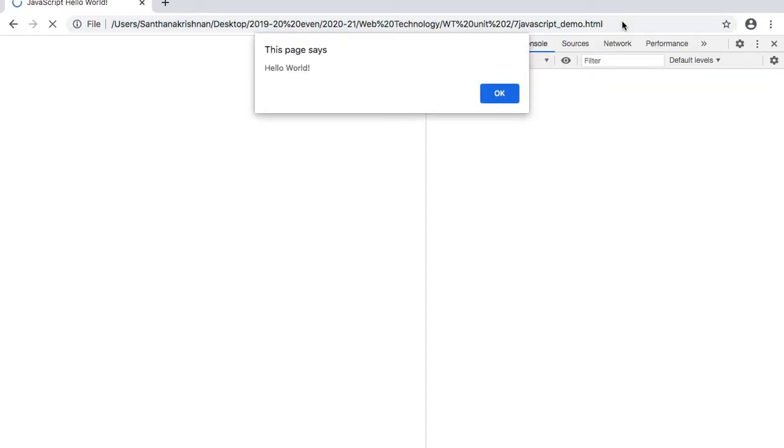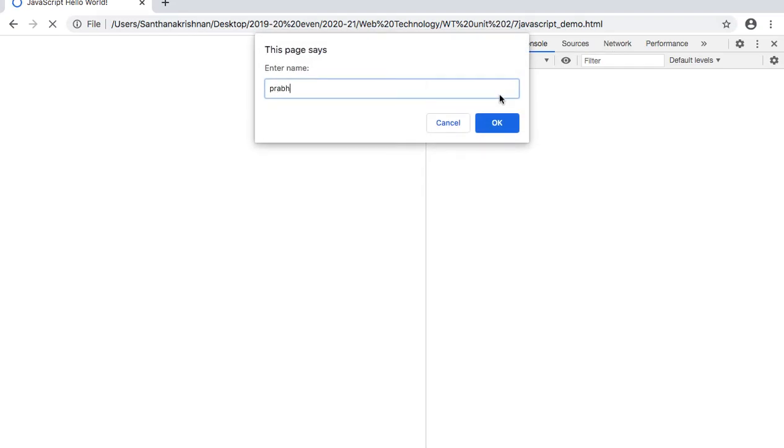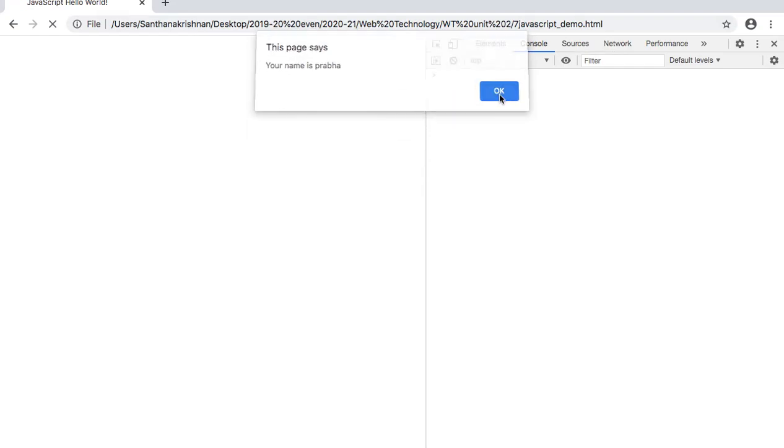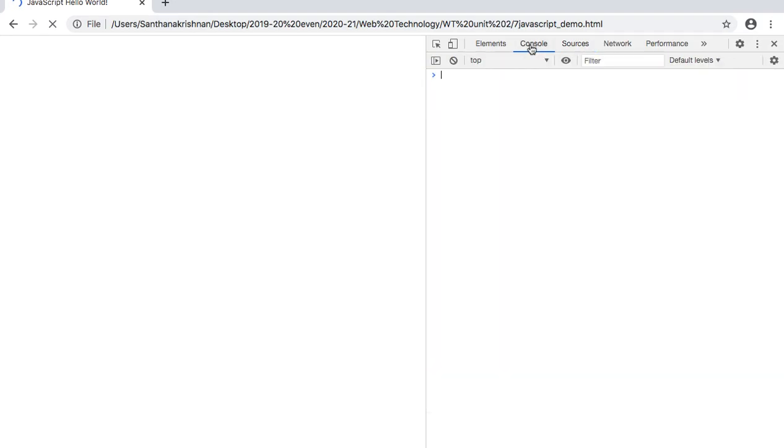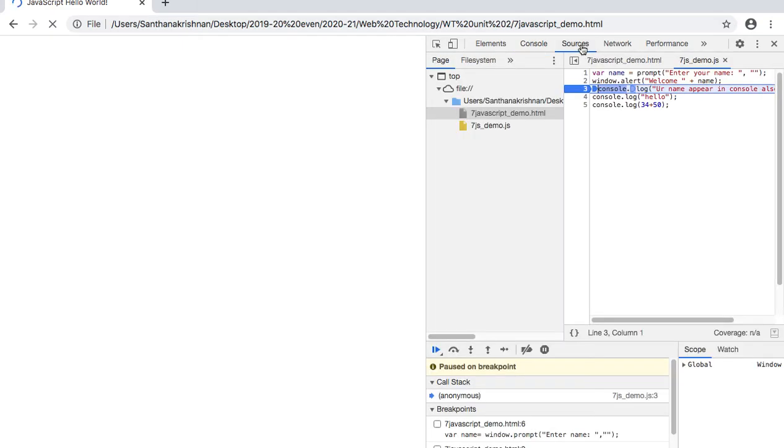I am going to refresh it, and here it is repeating that prompt. Then it stops here, and we will check whether all the 3 lines are executed or not. No, it is executed only these 2 lines. The third line itself is not executing.